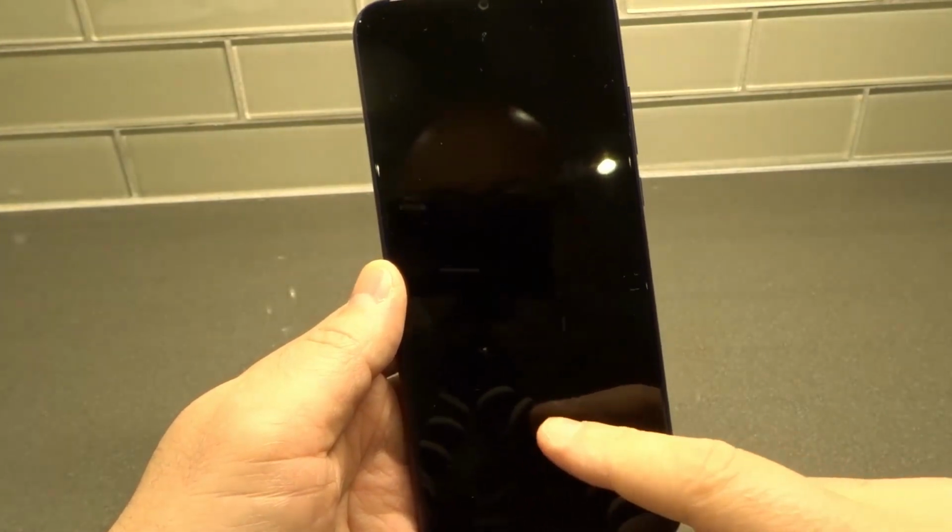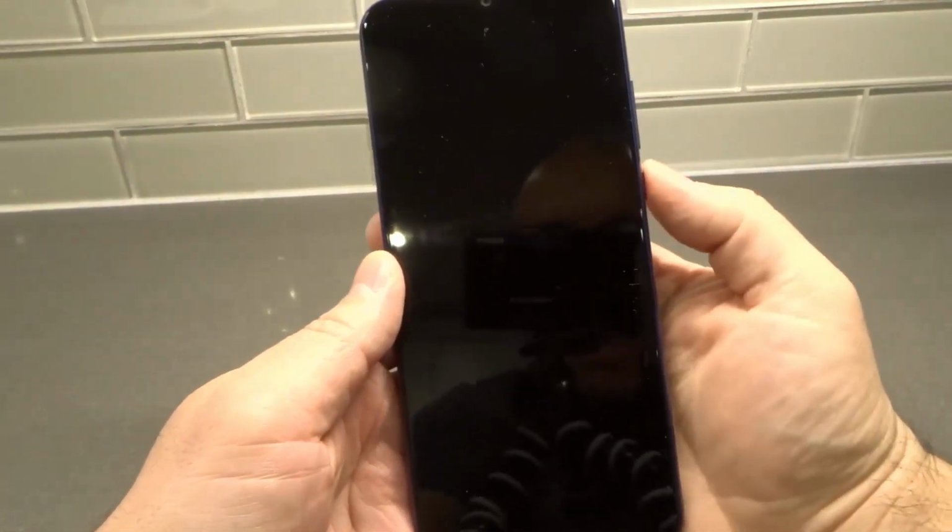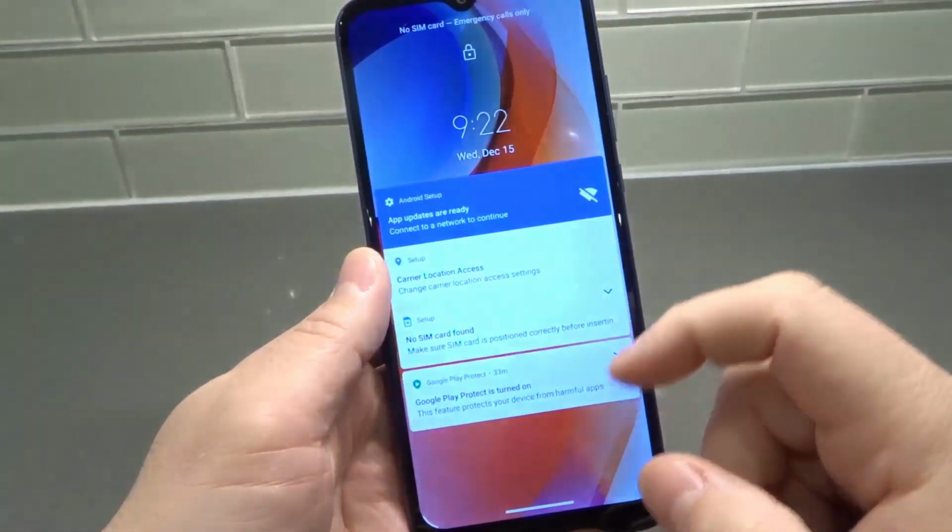Now there are a few different options when it comes to unlocking your Moto G Play smartphone or your Moto G smartphone for that matter, okay? So the first method that I'm going to show you is the method that I commonly use with this phone,